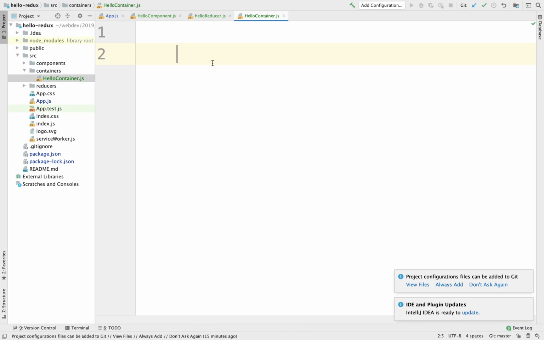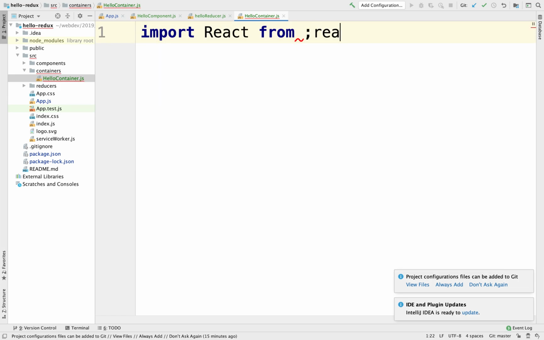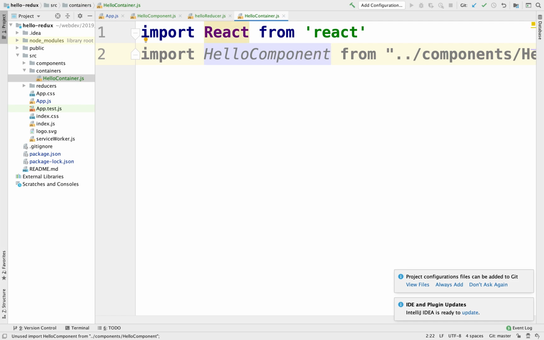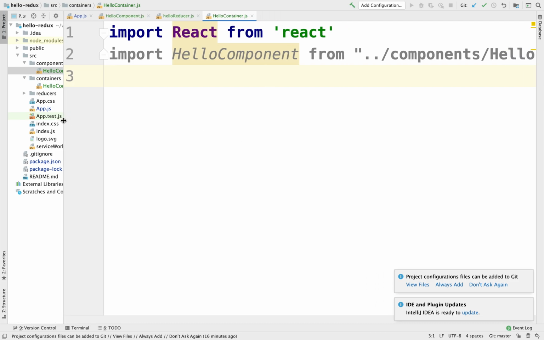We're going to have to import React from React. It's going to need the component that eventually is going to receive the properties, so we'll need the hello component from components. It's way up here, so we're going to go up and then down to the components. We're importing this component because that's the component that's going to receive the property. And we need to invoke the connect function. Well, before we do that,